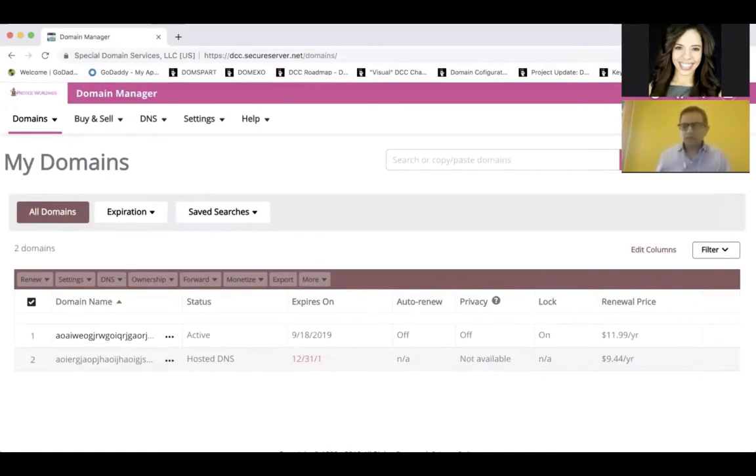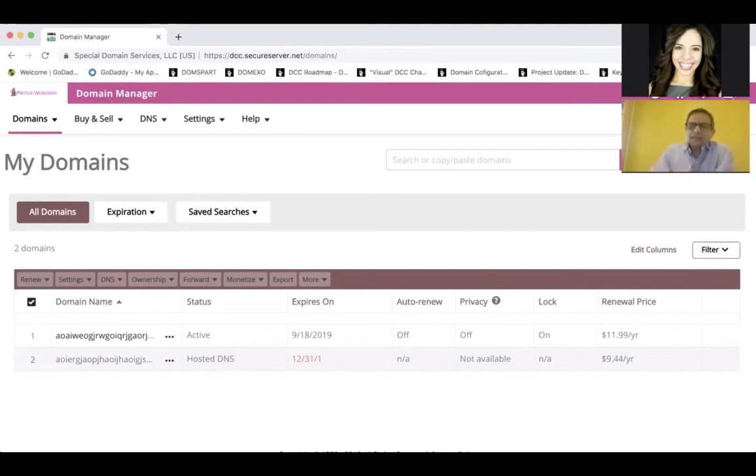And what that allows us to do is load all the information in this view very fast. Even if you have somebody with 1,000 domains, it's going to load within a couple of milliseconds. It's super fast, super efficient on the back end, and a completely rebuilt front end with a modern look and feel,